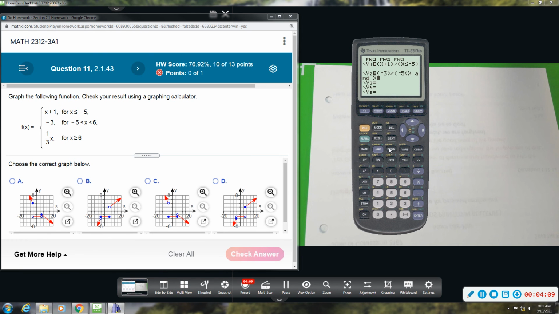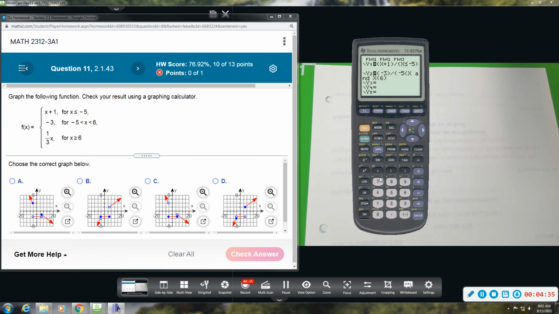X, second math, option number 5, and 6. Close parentheses. If I hit graph, we see that part in the middle. Only thing you can't tell from the calculator is the endpoints, the circles, but we can kind of see which one is matching. And then if I go back to y equal and do the last part,